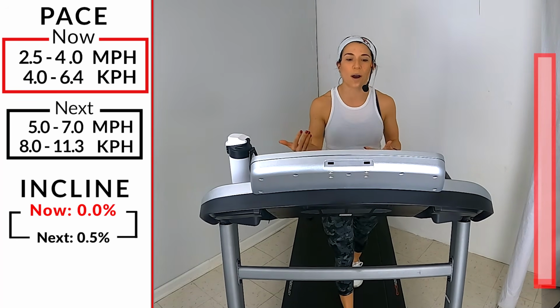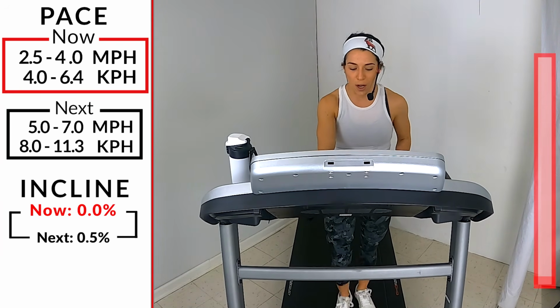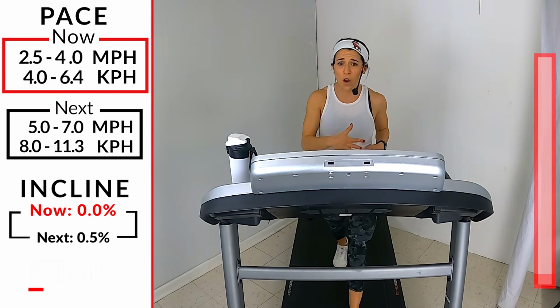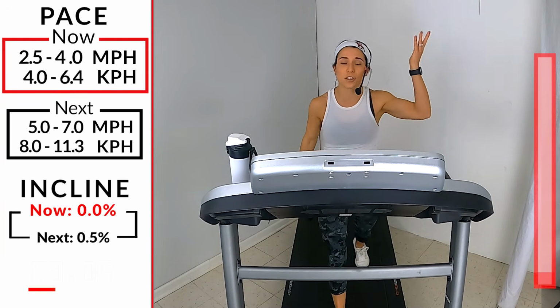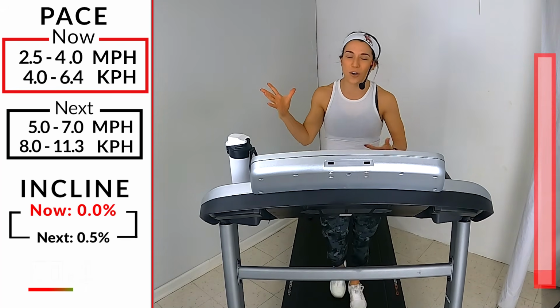We're going to start with a brisk walk here, only 30 seconds before we get moving. So let's get that walk anywhere in that speed from a 2.5 to a 4.0. So let's get that started. All right, 30 seconds. You can look over here on my right-hand side. You'll see all the different intervals that we're doing, the speed, the time, everything. Over here on the left, you'll see the duration of the workout. So reminder, I am here to help you through those intervals, but if you need to look over, you can